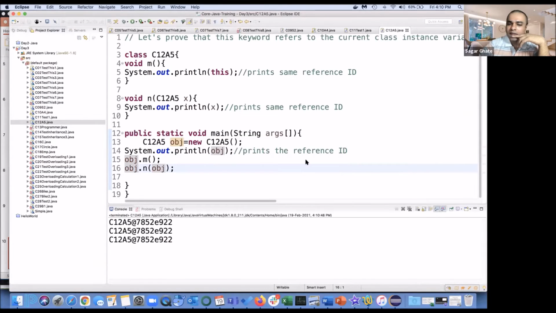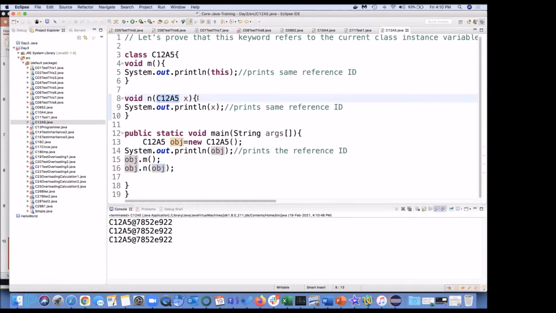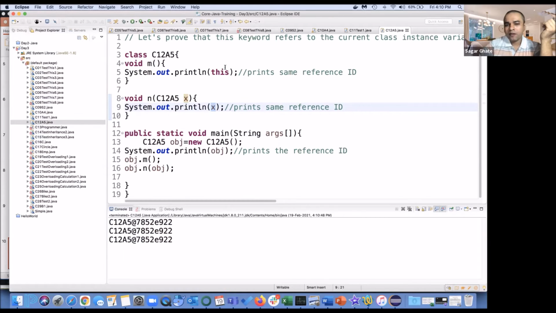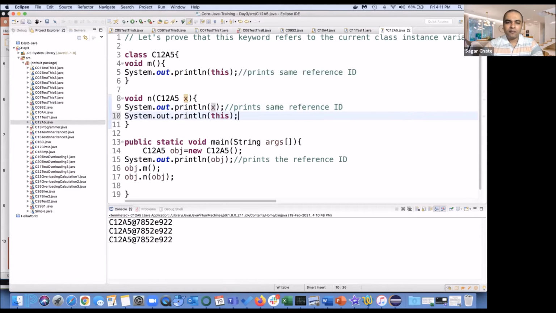3 times reference, which means if I am passing obj in the function and putting this, it is going to give me the same thing. Not only that, if again I copy this statement and print, I am going to get one more time the same thing, because now my reference object is obj and obj is only going to be printed here.